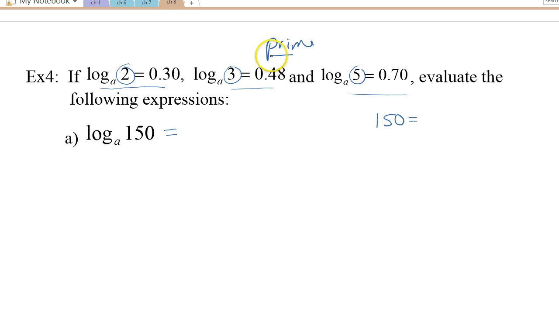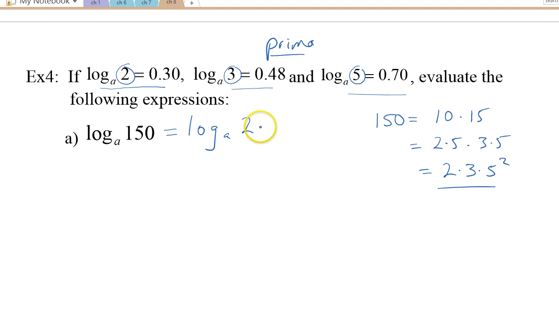So if I prime factorize 150, 150 is the same thing as 10 times 15. 10 is equal to 2 times 5, times 3 times 5. So if I write it out, it's 2 times 3 times 5 squared. So over here I can say this is going to be equal to the log base a of 2 times 3 times 5 squared,